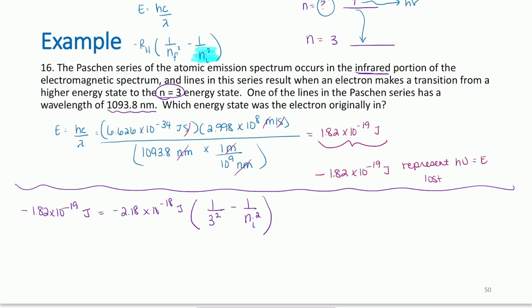When you solve through for this, first you can take the negative 1.82 times 10 to the negative 19th joules, divide that by negative 2.18 times 10 to the negative 18th joules,